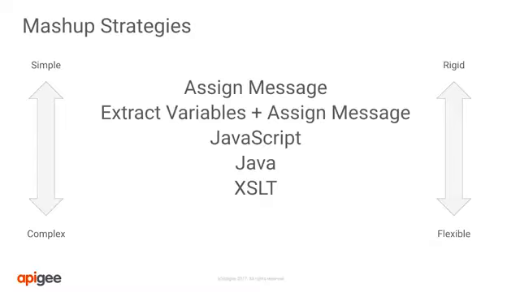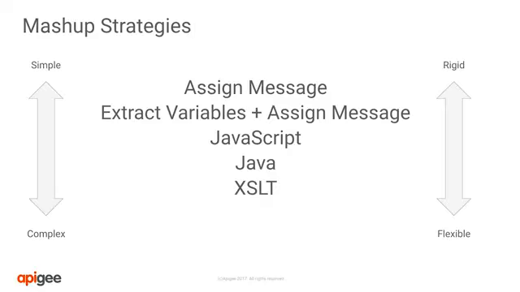One common use case for the service callout is to create a mashup similar to the example we just discussed. Let's take a look at some implementation options. Once you've updated your proxy to make multiple API calls, you'll have multiple response objects to deal with in order to create your mashed up proxy response. The good news is that Apigee Edge provides you with a lot of flexibility in manipulating the responses, but that many choices can leave you struggling with what's the best fit for your specific use case.